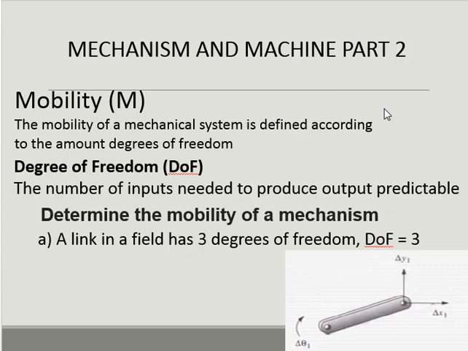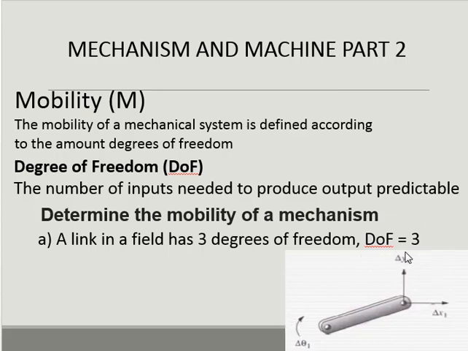Now we discuss mobility. As you know, mobility is a property of a mechanical system. It is defined according to the amount of degrees of freedom. The degree of freedom is the number of inputs needed to produce a predictable output. We can determine the mobility of a mechanism. For example, in this picture, a link in a plane has 3 degrees of freedom. The degree of freedom is 3. We can account for this